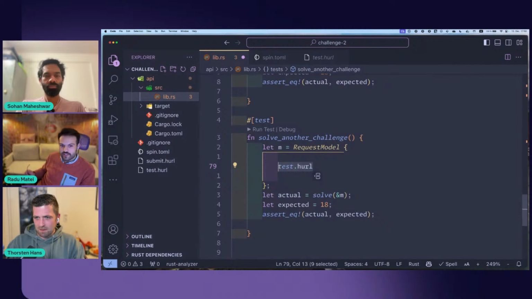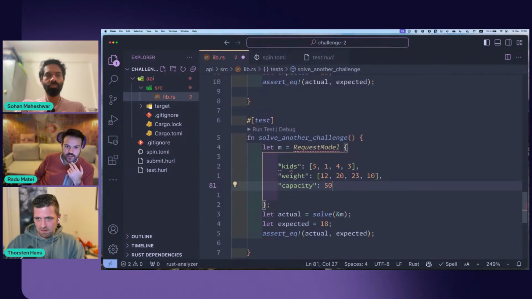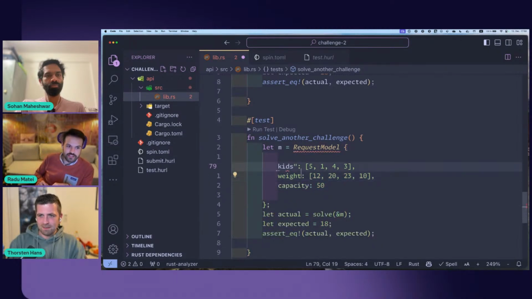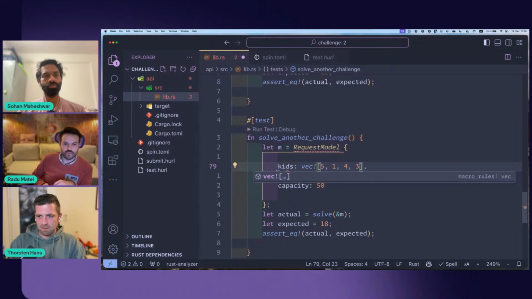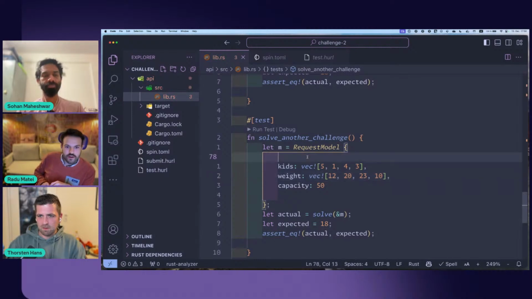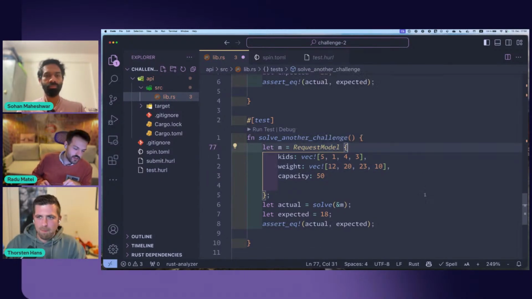While you're doing that, there are various ways in which you can have a single test function and have it execute different inputs. I think there's rstest, which is one of the popular Rust testing libraries, or literally just having multiple request models in the same function. But this is a very clean way of separating the two.